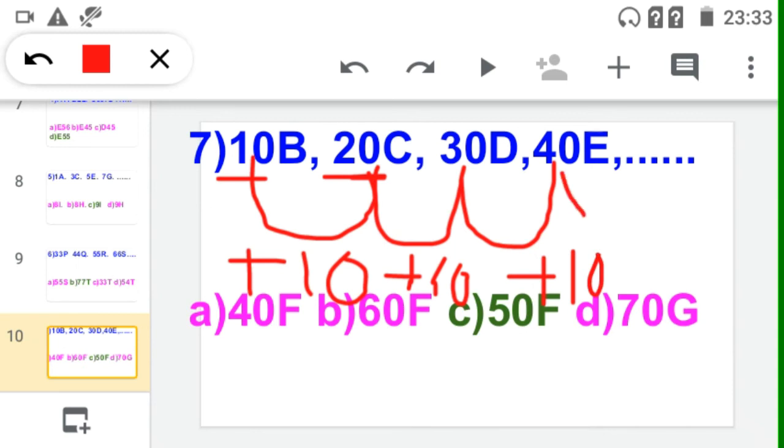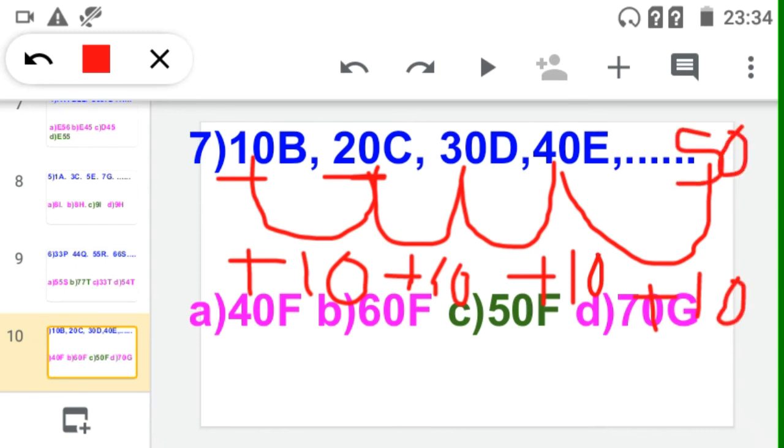So that same rule we have to apply on the fifth term also. If you add 10 to 40, then you will get 50. Correct. And it is like that also. It is the 10 table also. 10 ones are 10, 10 twos are 20, 10 threes are 30, 10 fours are 40. Then 10 fives are what? 50. So in the fifth term there should be a 50. So now see the alphabet.